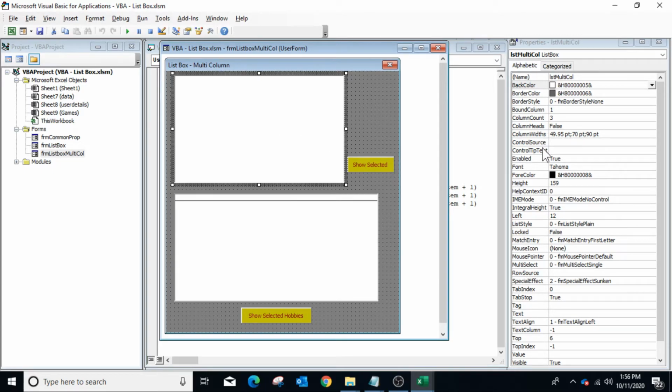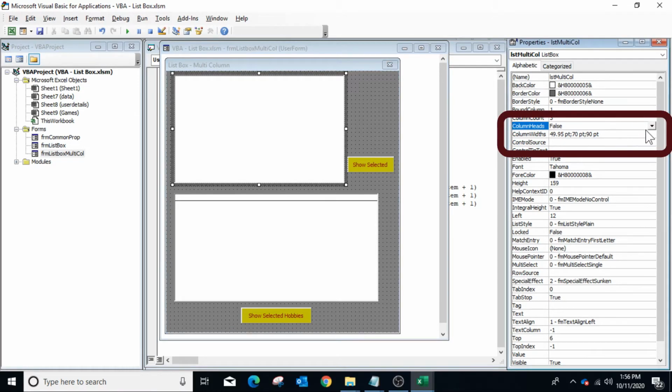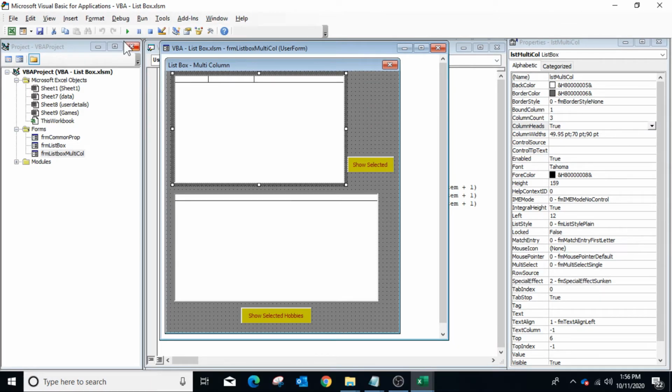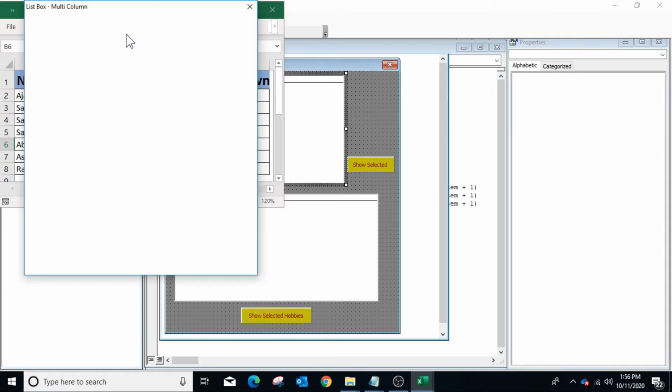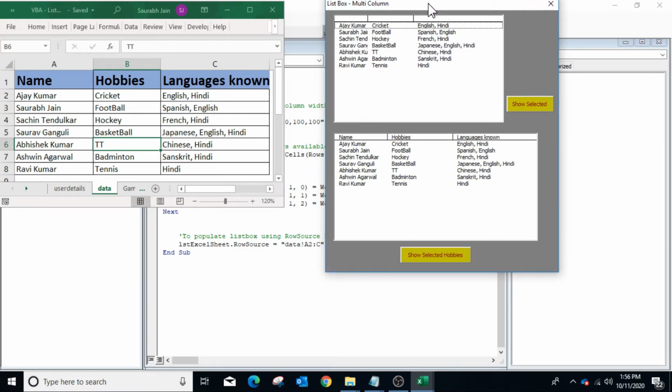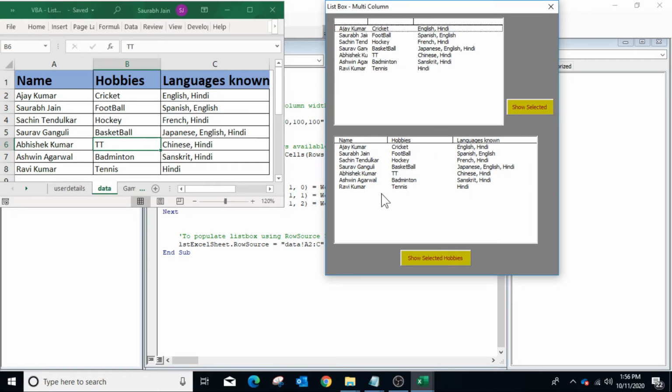Hence, if we set the column heads property to true and then run the user form, the second list box, where the items are populated using the row source property, will show the header names automatically, whereas in list box number 1, where items are populated using add item, the column header will not be shown.